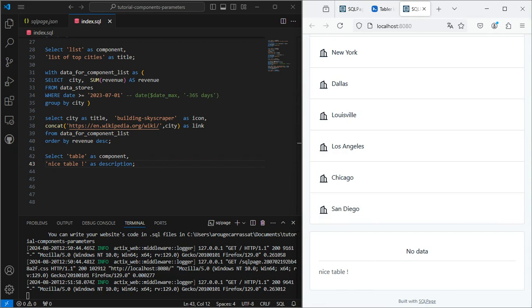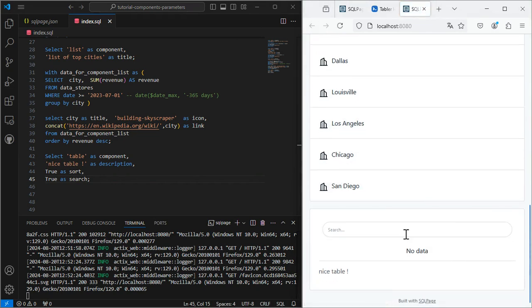I'll be adding two top-level parameters to make the table both searchable and sortable. Let's now add data to the table. The data is obviously the row-level parameter of the table component.